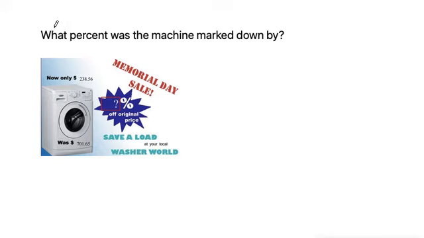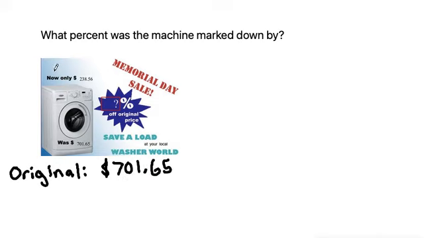Here we have a problem that says, what percent was the machine marked down by? And we're given a picture of a Memorial Day sale. They tell us that the original price, I don't know, that might be a little small to read, is $701.65. And then it says that now it's only $238.56. So that means that the original price was given, and then the current price, what it is now,